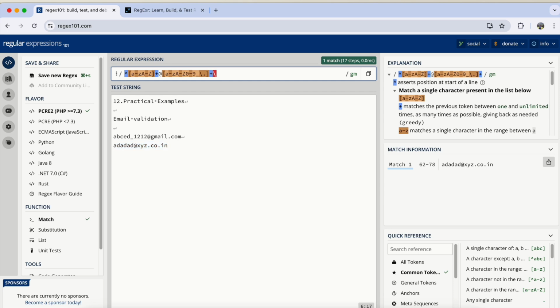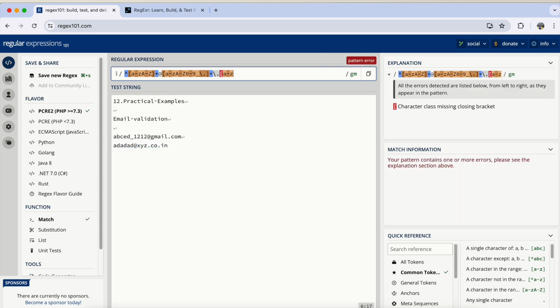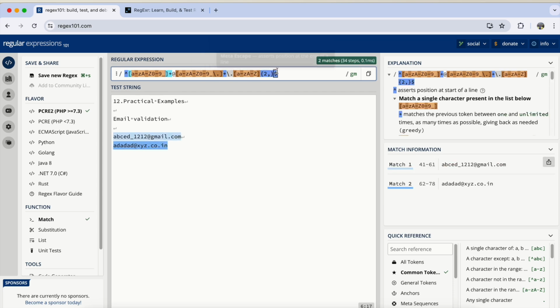Then there will be a dot, then characters A to Z. Here is the regular expression for matching email IDs. You can see it should start with A to Z, either capital or small, and 0 to 9 digits can also be there, and it can also have an underscore, right? And plus means one or more, and caret means starting with, plus means one or more occurrences of this character